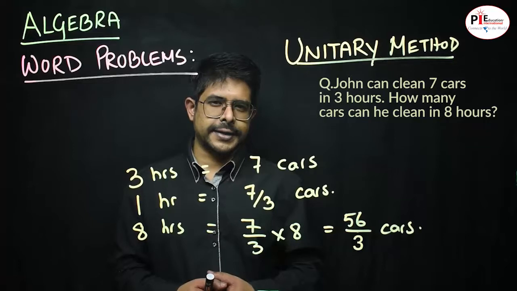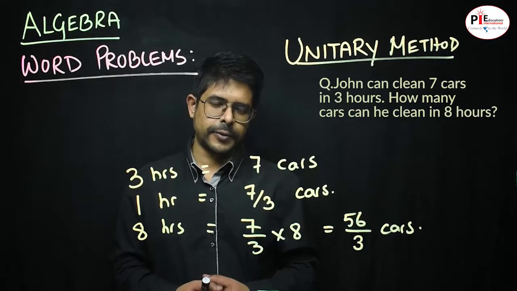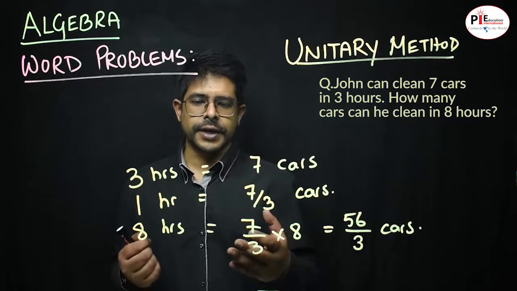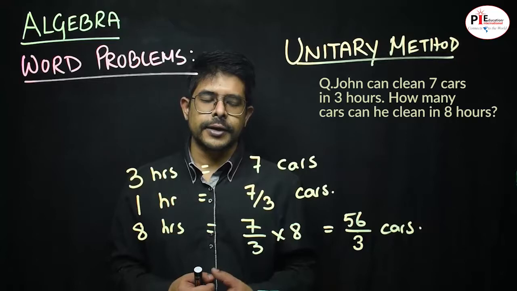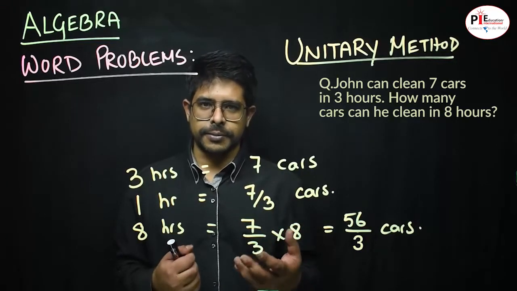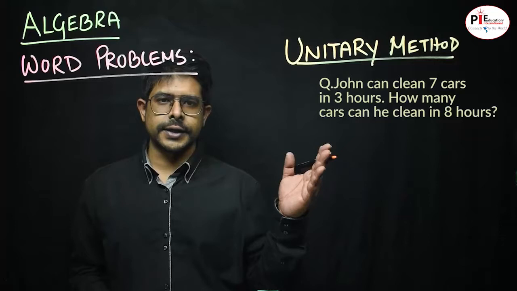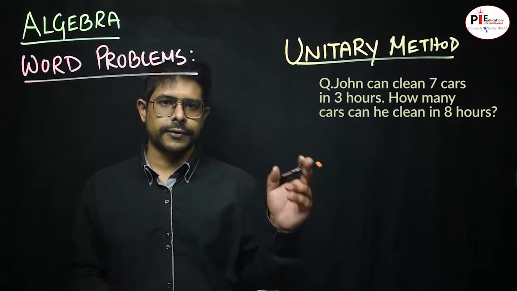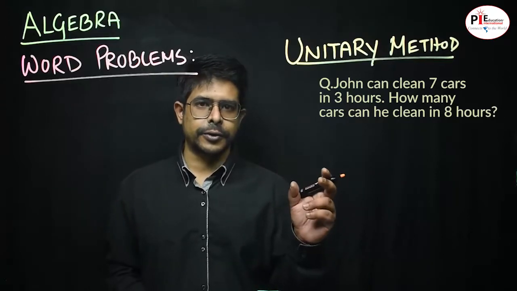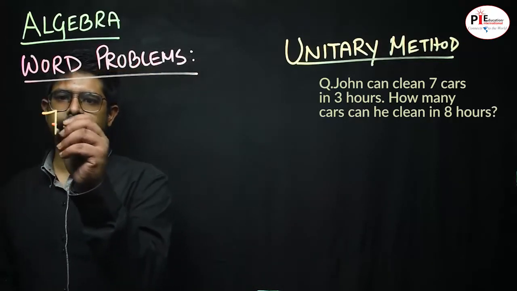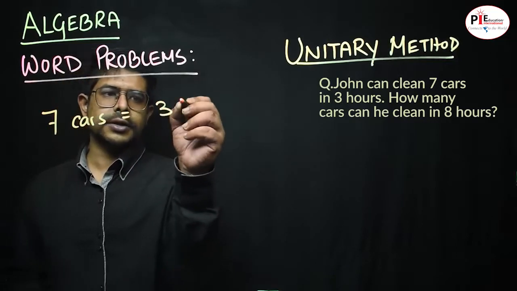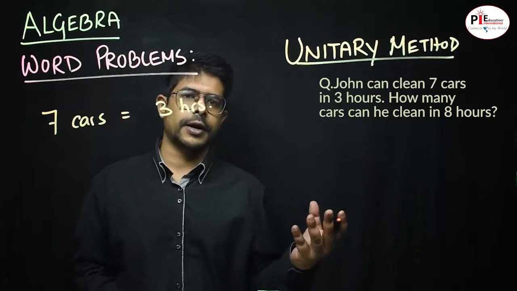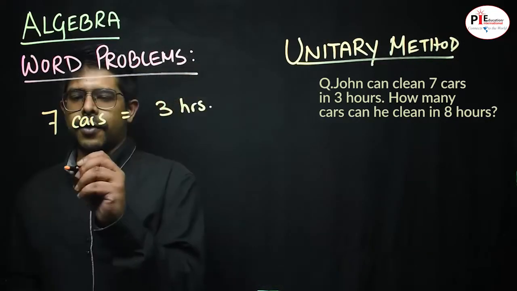In order to solve ACT problems, we have a time factor. We don't have that much time. So in order to solve this kind of problem, we don't have time to write so many things. So there has to be an easier way to come up with. Let's do that. For this kind of problem, we have to first find out what we call the conversion factor. Over here, the conversion factor was 7 cars equal to 3 hours. So 7 cars equals 3 hours. And now what we need to find out is how many cars in 8 hours, right? For 8 hours,